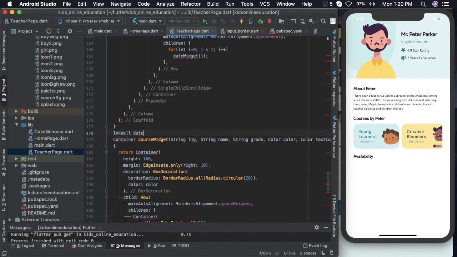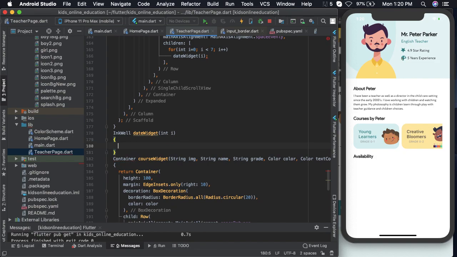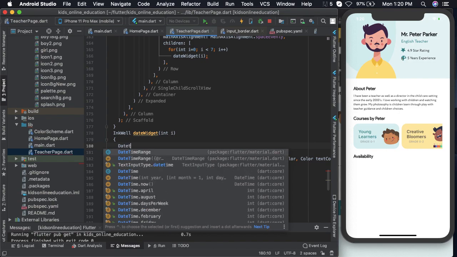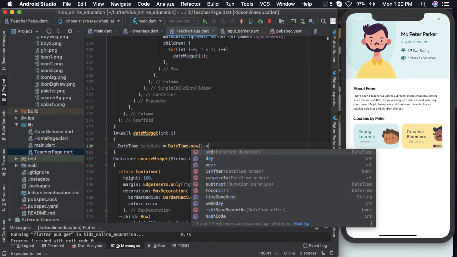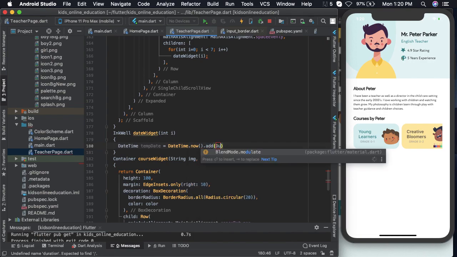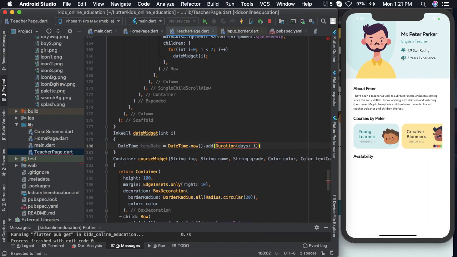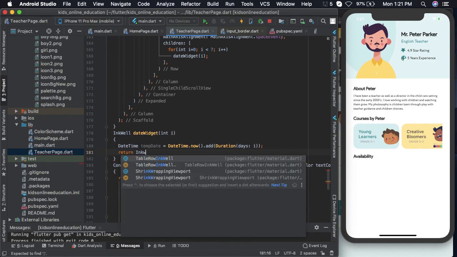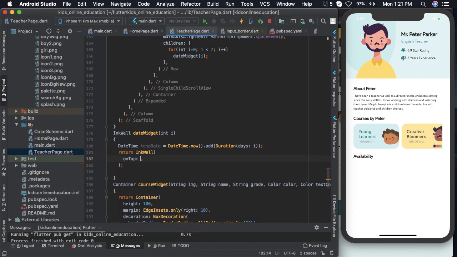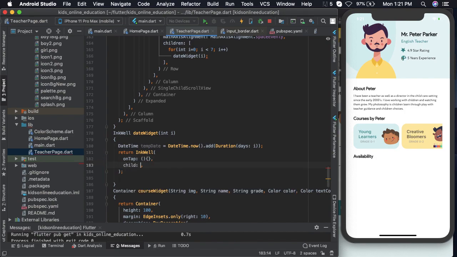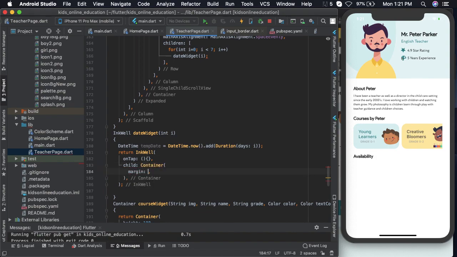I'll create a temporary date and then add a duration with days received as parameter. So I'll days as I. I'll give it a margin of 2 and height 60. The width has to be divided amongst 7 different containers, so I'll write